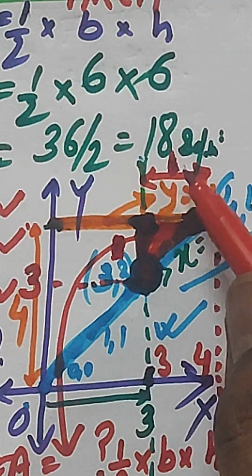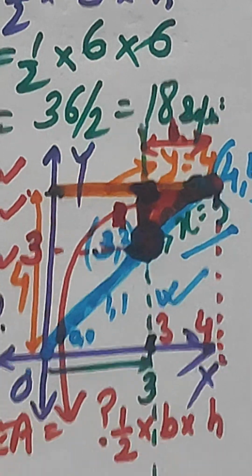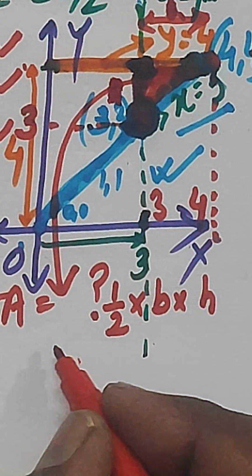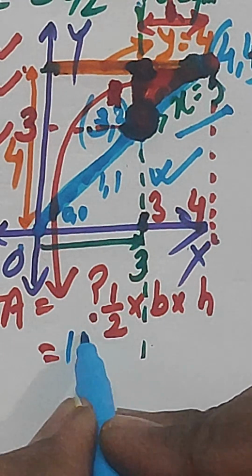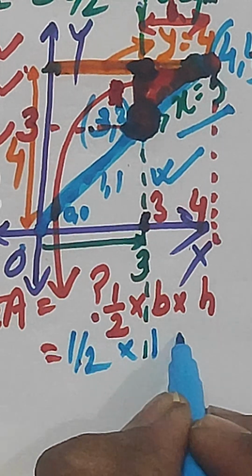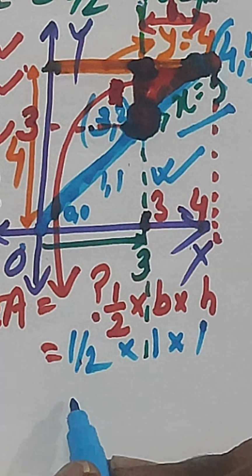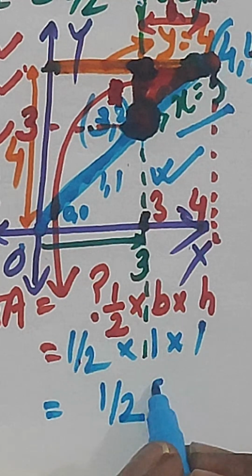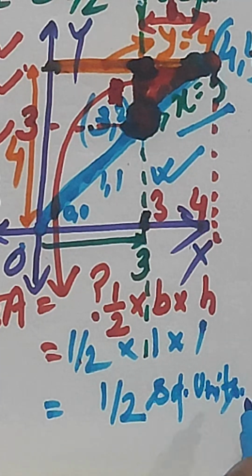So half into base is 1, height is 1. So this can be simply written as half into 1 into 1. So this will give you 1 by 2 square units as the